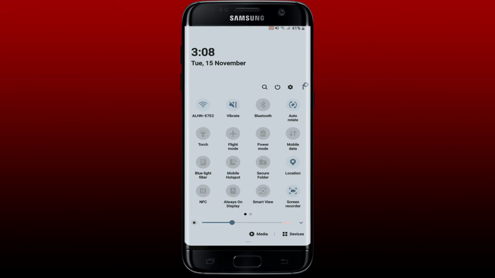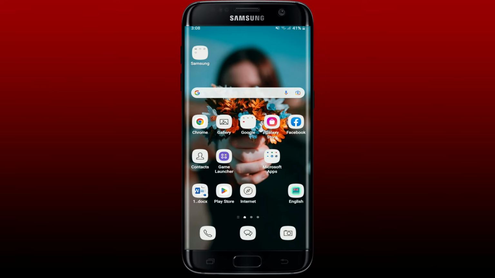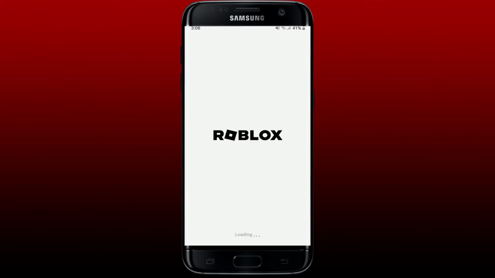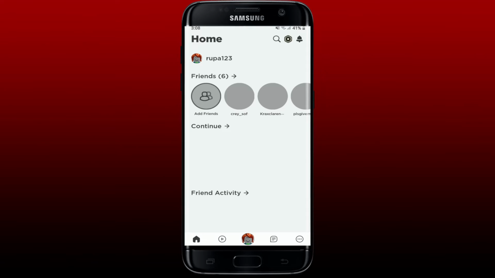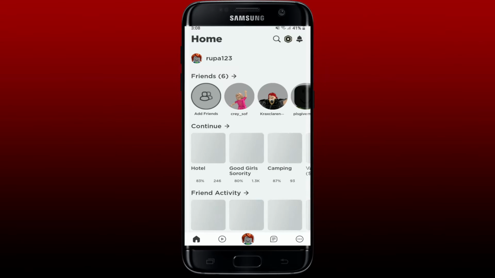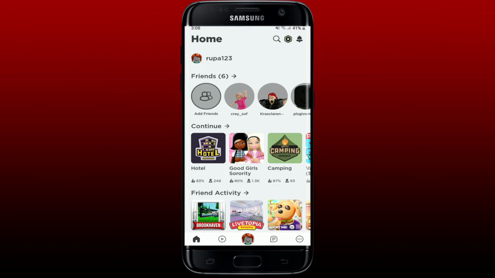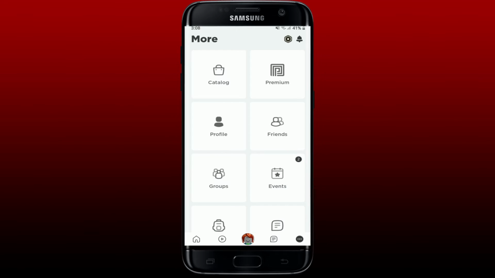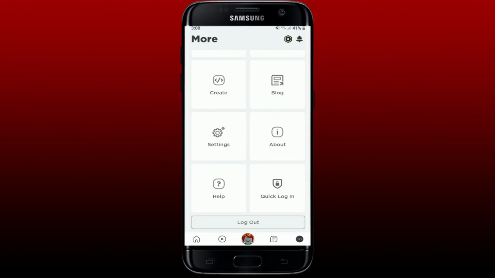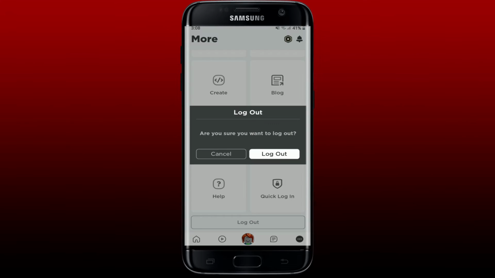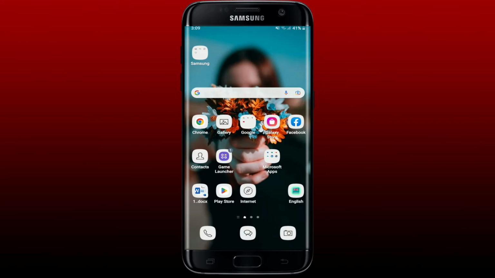And once you do that, the next thing to do is to simply log out of your Roblox application. Get inside your main homepage of Roblox and then log yourself out of the Roblox application. Tap on the three dots at the bottom right hand corner from the main homepage and scroll all the way down. Now tap on the log out button and confirm log out by tapping on the log out button one more time. Once you log out of your application, log in back again and see if that fixes the issue by